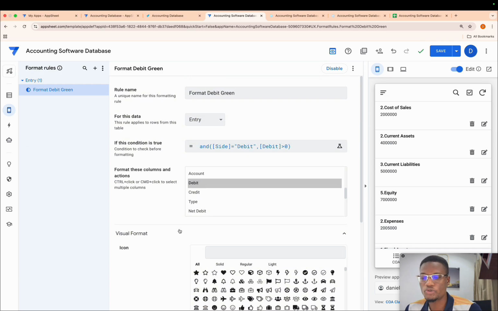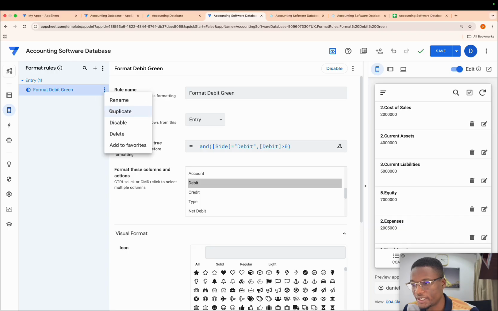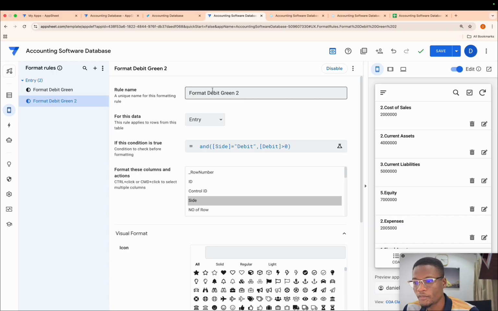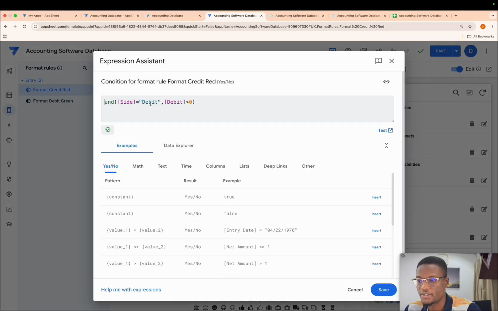You see that? I can also put another condition here that says that this should only happen in the entry table. Okay, but then the good thing is the entry table is only used in one section. It's not used to create other views or other things. So that's fine. I'm going to duplicate this guy. Format, credits, red. And then I'm going to come to sides.